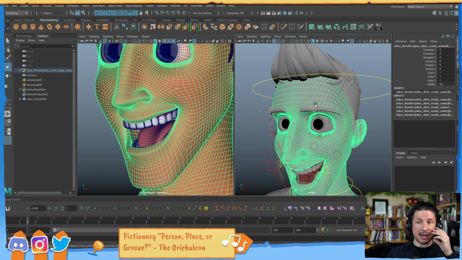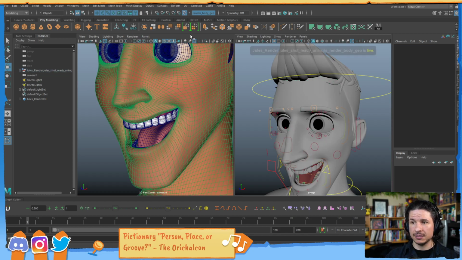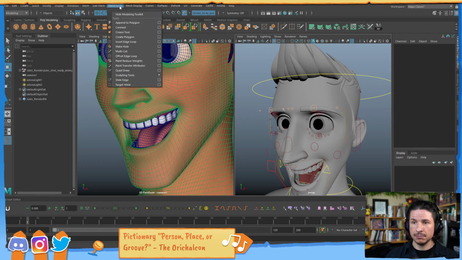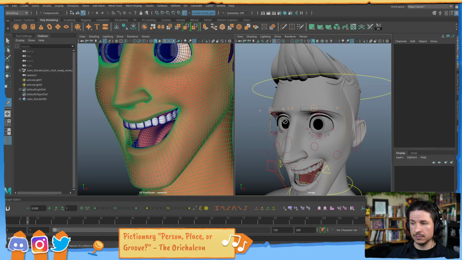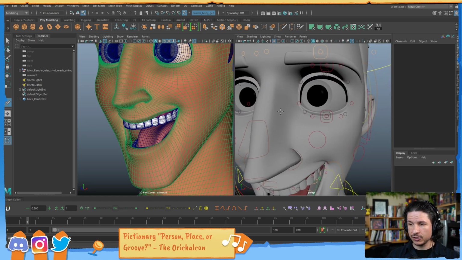So let's say I want to create a mask for this character that is kind of shaped to his face here. I could copy the geometry and do all sorts of things, or I could model it right on his face. But another way I can do it is I can take the surface here. I'm going to take the surface and I'm going to hit this magnet icon. This creates a live surface. A live surface is a surface that you can actually put things on. Now I'm going to go to my mesh tools and open the quad draw tool. The quad draw tool is basically a tool that, now that this object is live, I can just put down these points and start